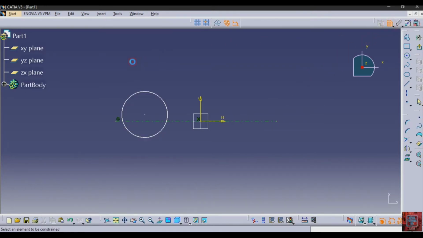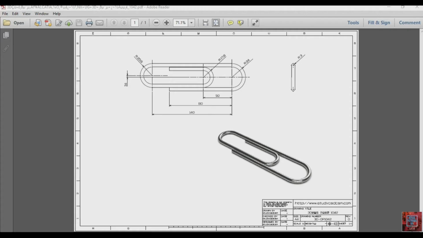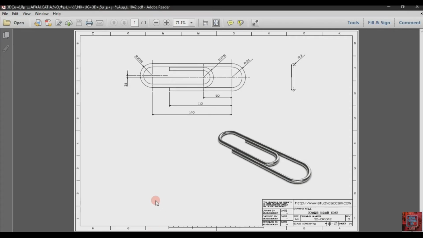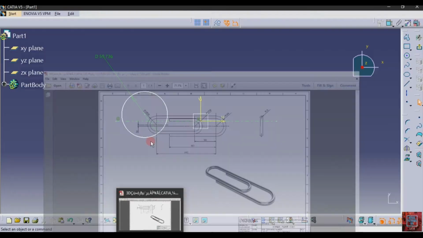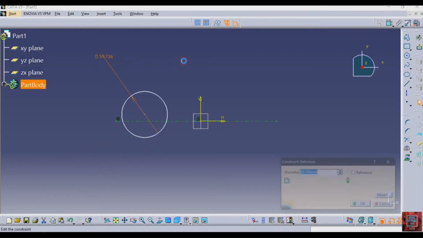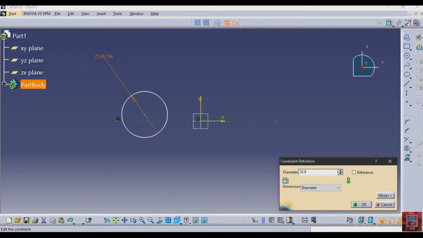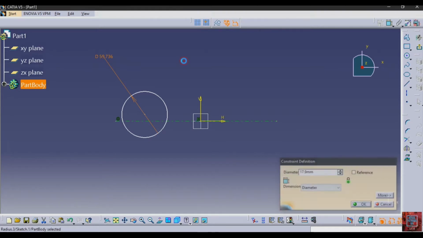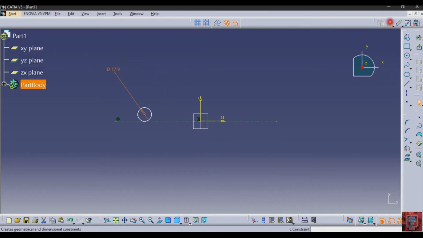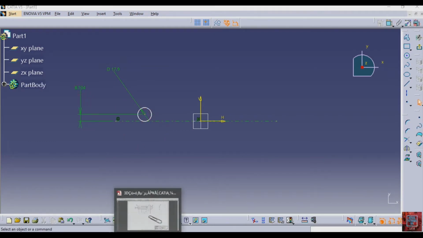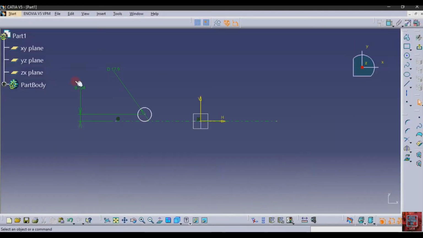Then the radius of this circle is given as 20.9, so we type here 20.9 minus 3. And after that the distance of this point to this axis is 3.1.